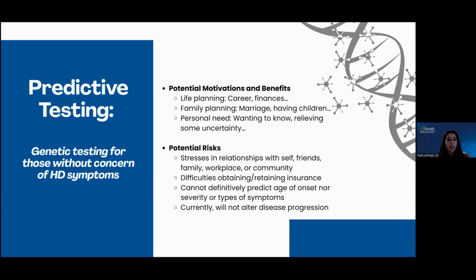So as I mentioned, predictive testing is for those without concerns of Huntington's, but they do have a family history. And like any type of testing for Huntington's, there's a lot of considerations that someone might have. People might want to pursue testing for life planning, for their career, finances, having children, getting married, but also just for personal need, wanting to know, relieving some uncertainty, and having an answer. But considering what risk could arise with this,